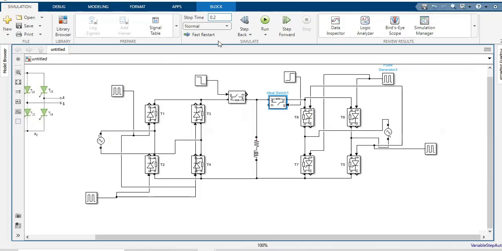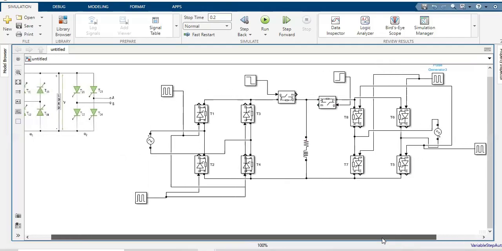So for the first half of the stop time, that is 0.1 second, converter 1 will be connected to the load as switch 1 is operated. And for the next 0.1 second, converter 2 will be connected to the load as ideal switch 2 is now operated for the second interval. So now the circuit is ready. We can run this model